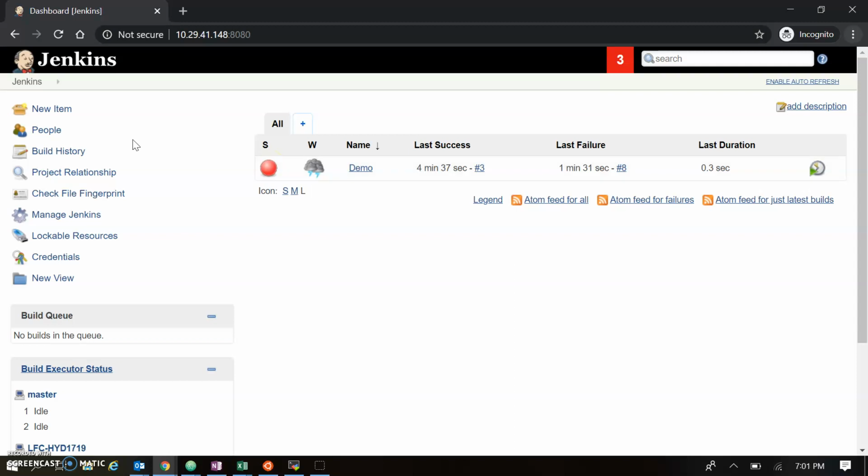So we have understood how a job fails, how to trace that job, how to find the log and the weather icon, and how to enable and disable projects. In the next topic we are going to understand how to copy your project from one project to another.